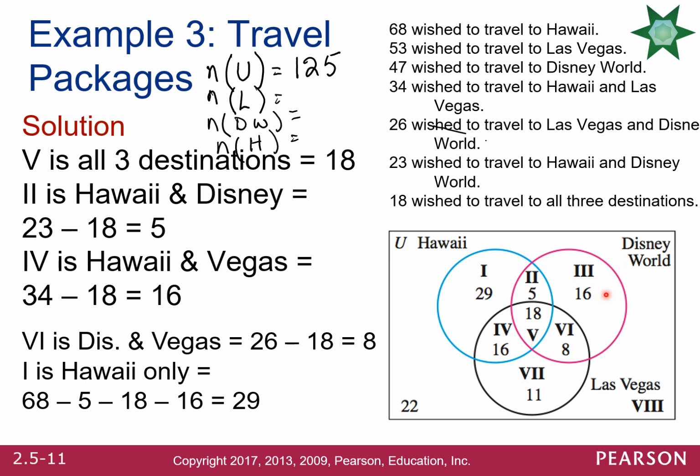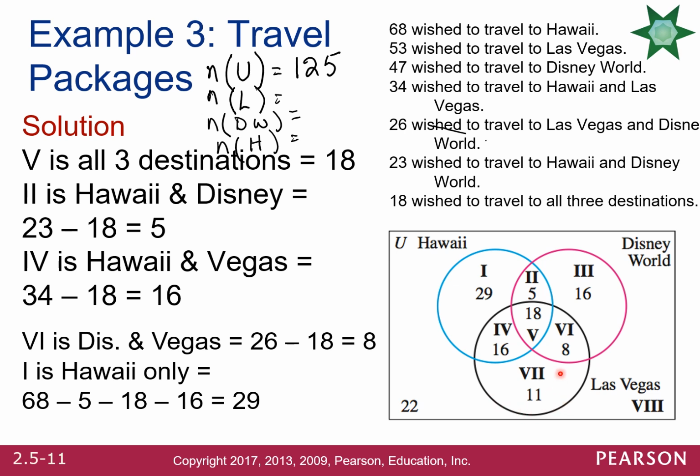You have to do the same thing when you calculate the number for region 3. So let's see, region 3 is Disney World, right? So 47 wish to travel to Disney World. So you would have to do 47 minus the intersecting areas. So 47 minus 5 minus 18 minus 8 would give us a 16. And finally,